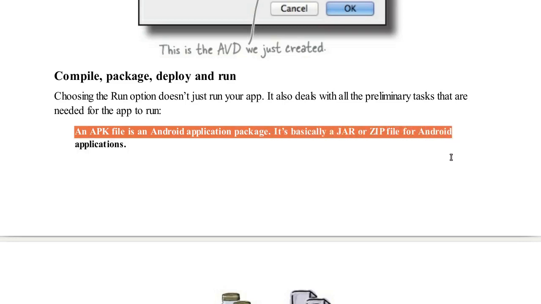That question would be asked for 1 mark or 2 marks. What is an APK file? An APK file is a zip file or a jar file that is needed to run an application. If you have an APK file, you can easily install the application on your Android device.